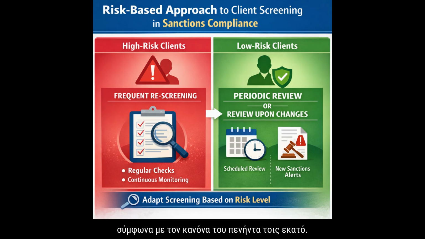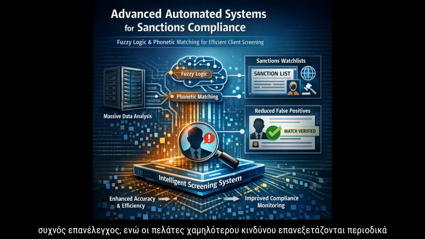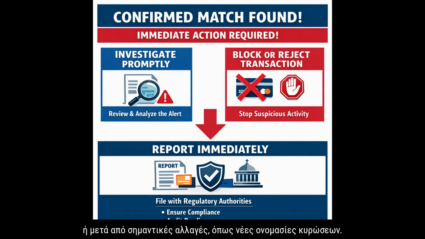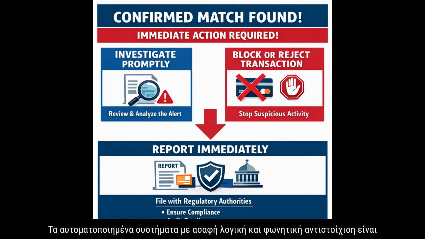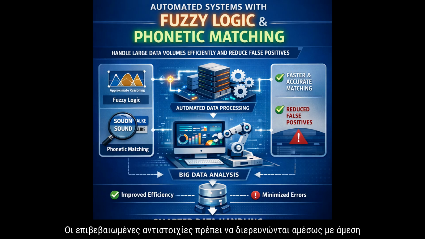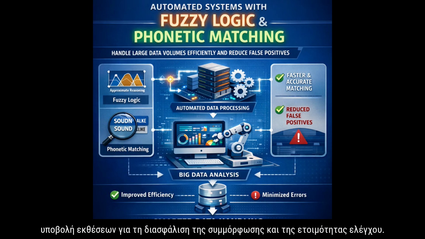with the 50% rule. A risk-based approach is essential, with high-risk clients requiring frequent rescreening, while lower-risk clients are reviewed periodically or upon significant changes such as new sanctions designations. Automated systems with fuzzy logic and phonetic matching are recommended to handle large data volumes efficiently and reduce false positives. Confirmed matches must be promptly investigated with immediate blocking or rejection of transactions and timely regulatory reporting to ensure compliance